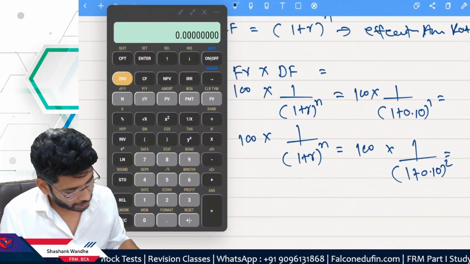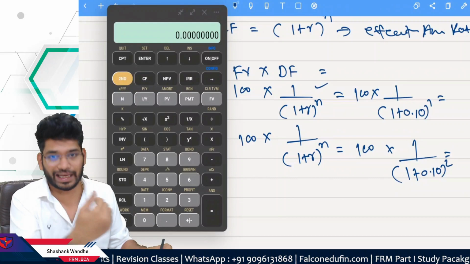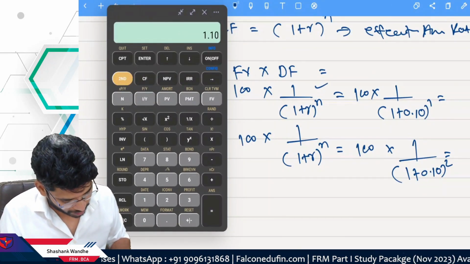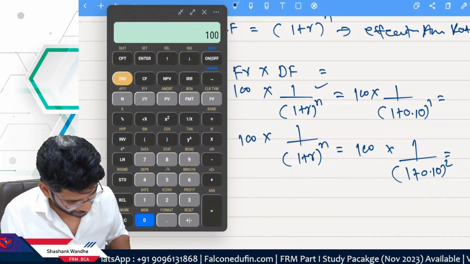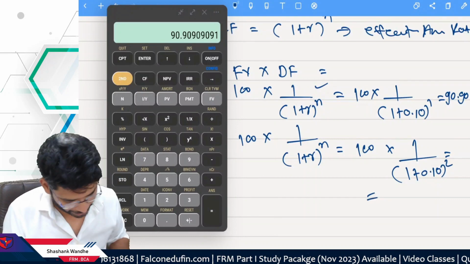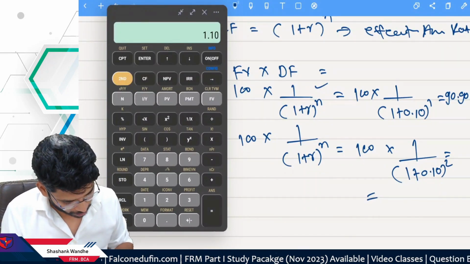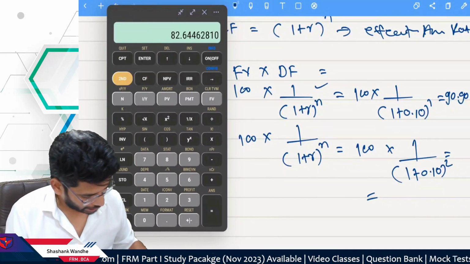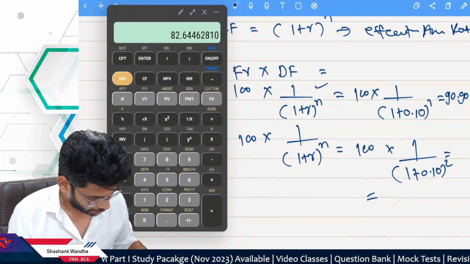If you have to do the calculation here in the case of discounting, or the calculation of the present value from the future value, then we will start with 1.10, 1 by x, multiplied by 100, and our answer is 90.90. And here 1.10 squared, 1 by x, multiplied by 100, and this is